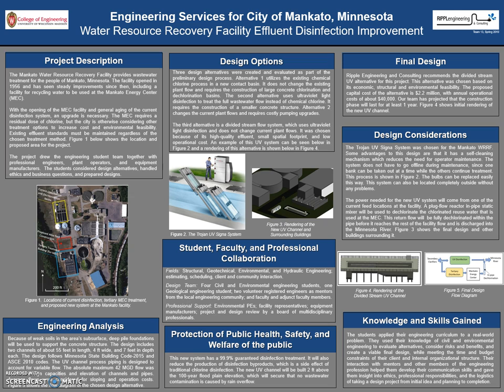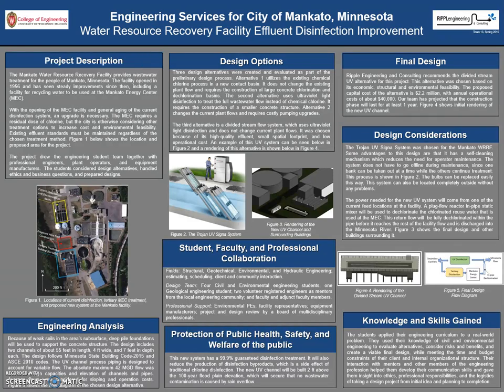Alternative 1 utilizes the existing chemical chlorine process in a new contact basin. It does not change the existing plant flow and requires the construction of large concrete chlorination and dechlorination basins. The second alternative uses ultraviolet light disinfection to treat the full wastewater flow instead of chemical chlorine. It requires the construction of a smaller concrete structure, however it changes the current plant flows and requires costly pumping